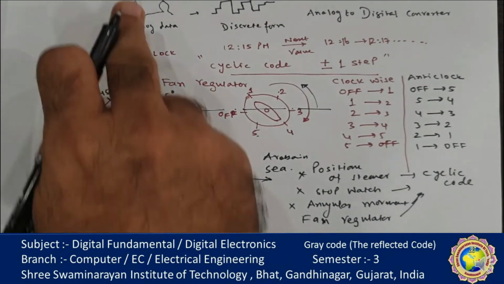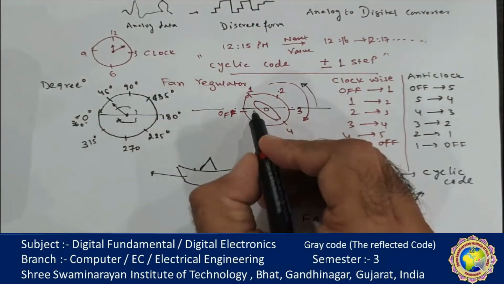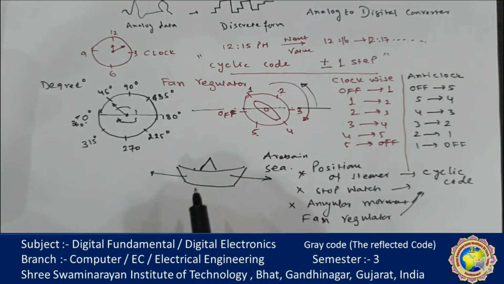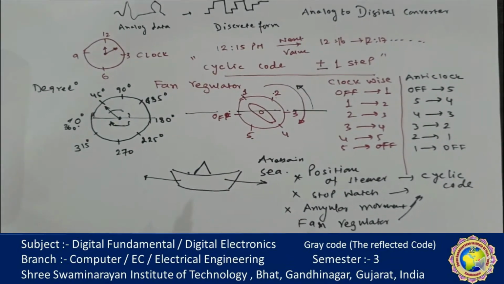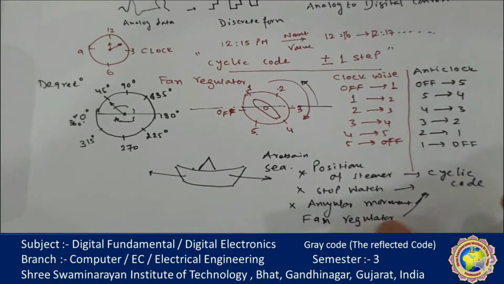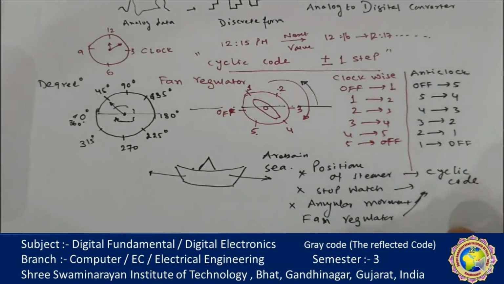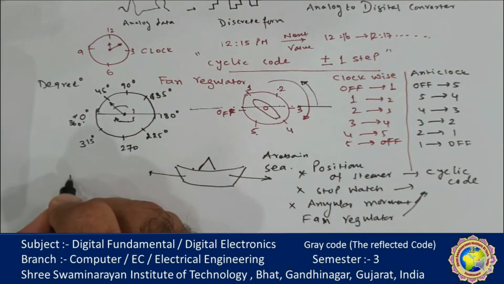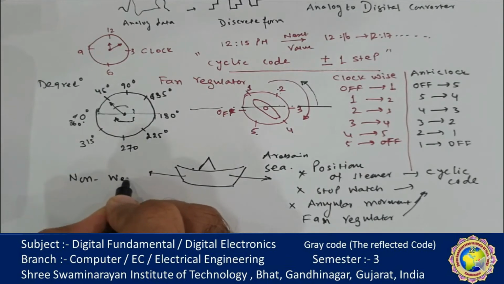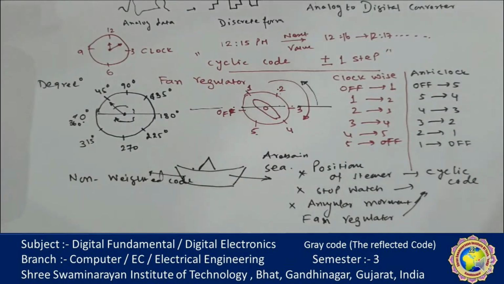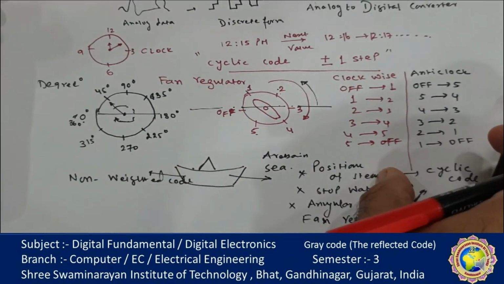And cyclic code is a reflected code because whatever the values are possible, the base level, the reverse image is only by changing one factor. We will see that, but let us see with the simplest example how the Gray code can be generated. Remember that the Gray code is a non-weighted code. Let's take one simple example of the 2-bit Gray code.